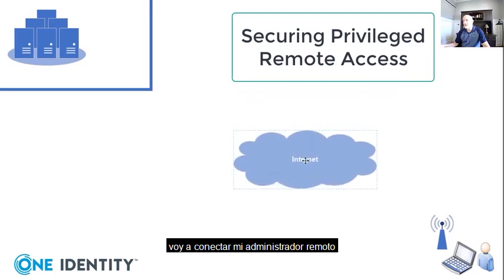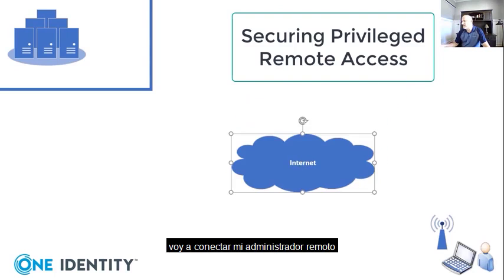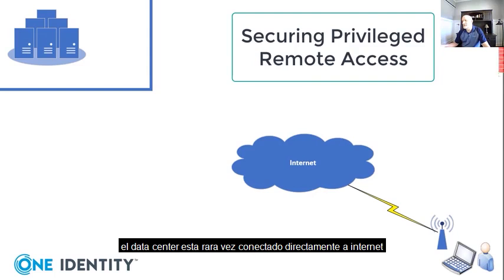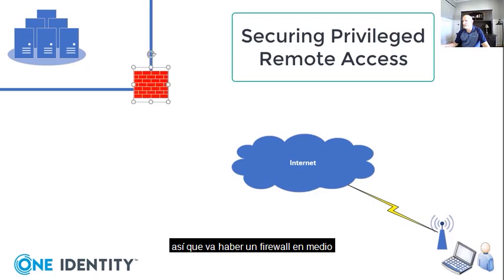So I'm going to connect my remote administrator to the internet via access point, which is typically the way we do it. We all have our Wi-Fi hotspots at home, or this could be sitting in a coffee shop somewhere connected to the coffee shop's Wi-Fi. Now that Wi-Fi is providing us access to the internet, but the internet is actually providing us access to that data center. Now, the data center is rarely ever connected directly to the internet, so they're going to be traversing